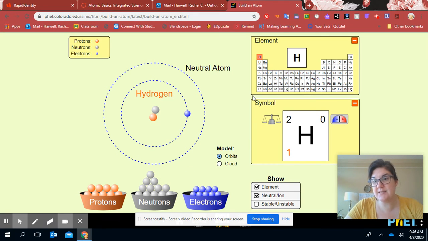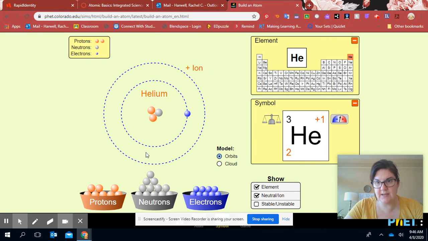This is what is inside those boxes. So my symbol, hydrogen, H, right? If I keep adding protons, again, you're going to see it change, all right? You're going to see that